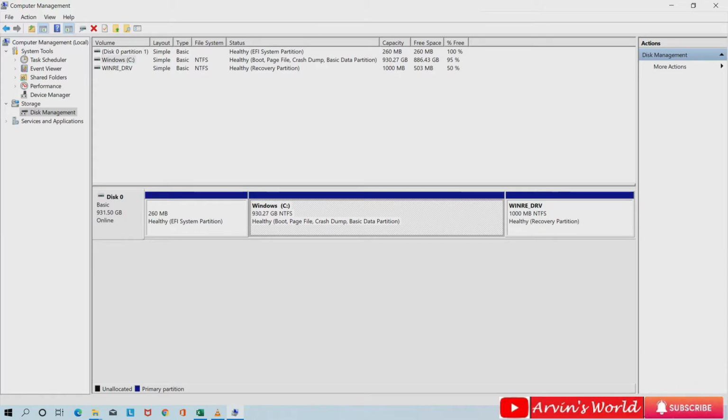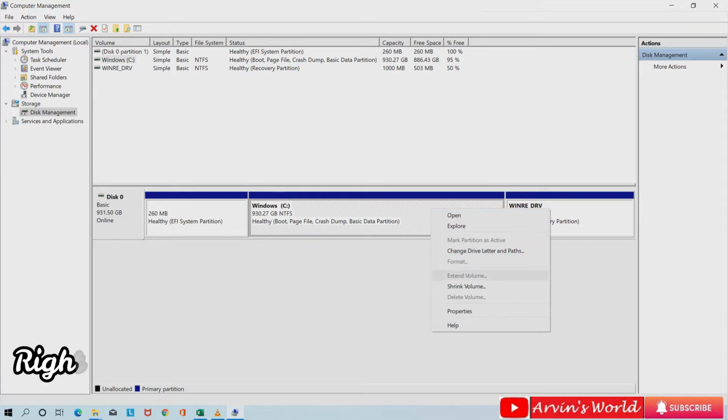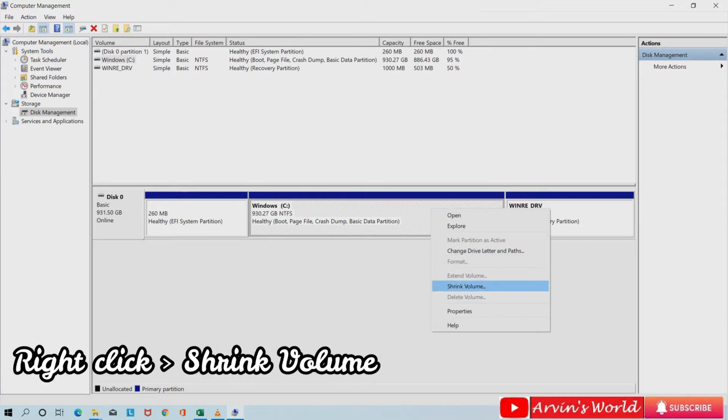I want to partition the C drive into C and D so that I can store my personal data on the D drive. So what I need to do, it's a very simple step. Each and every one can do it at home. No need to take your laptop to the cyber cafe or to an expert. It is very easy. You can see this video and easily understand how to do this. Just right click on the C drive and then go to Shrink Volume.